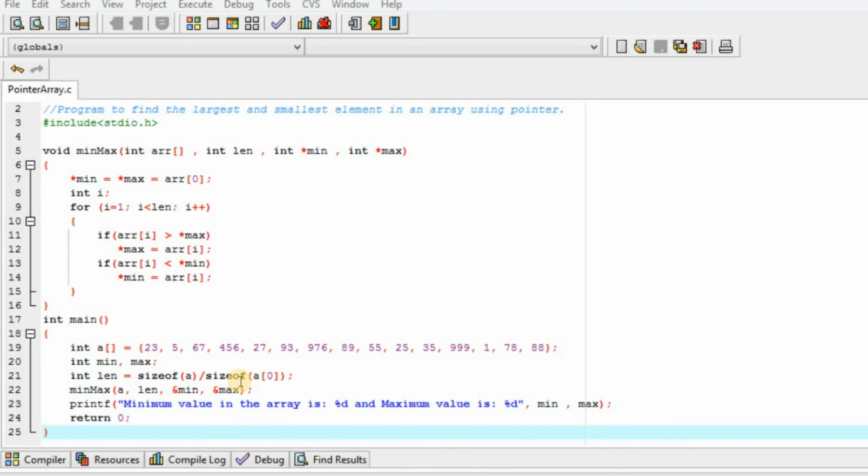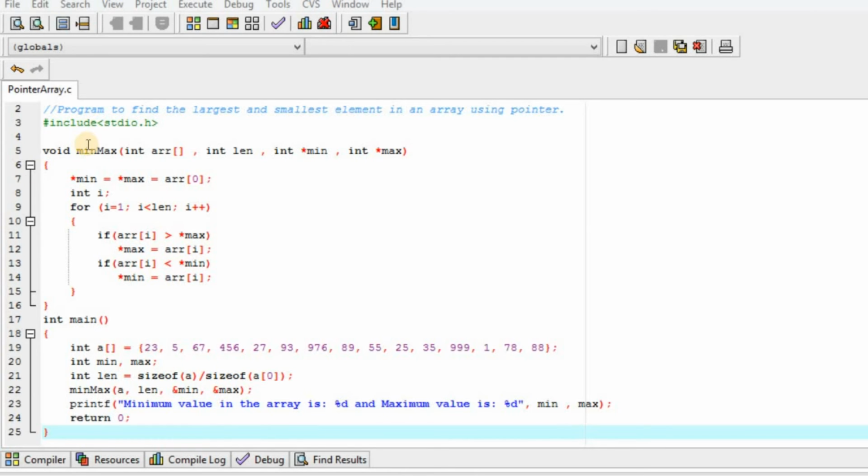the size of the first element of the array. We are also calling this min max function, in which we are passing the whole array, the length of the array, and the addresses of the minimum and maximum variables.